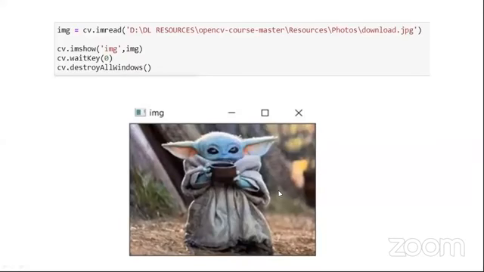Moving forward, this is how we can implement it. First we need to import the OpenCV library. How can we do the import? We import cv2, and here I import cv2 as cv. I guess you guys are aware of that. So this is the image. You have to specify the path of the image, and you can use imshow to show the image. This is how the image looks.